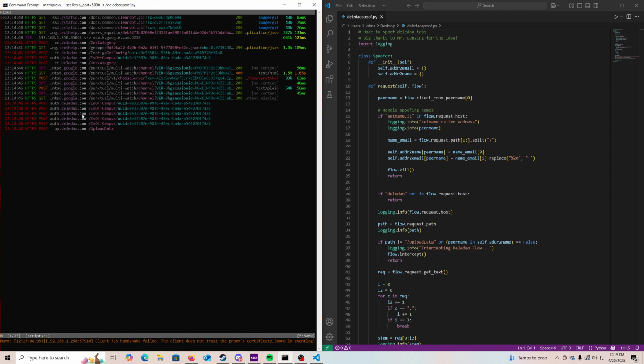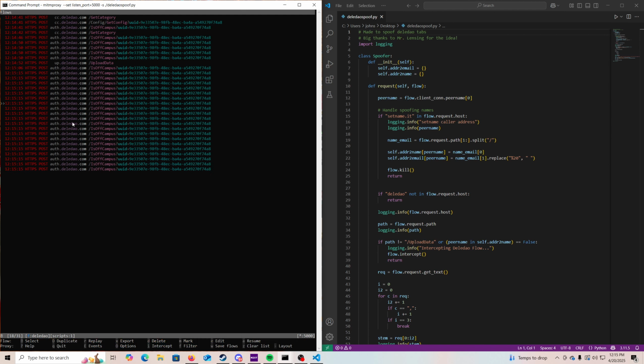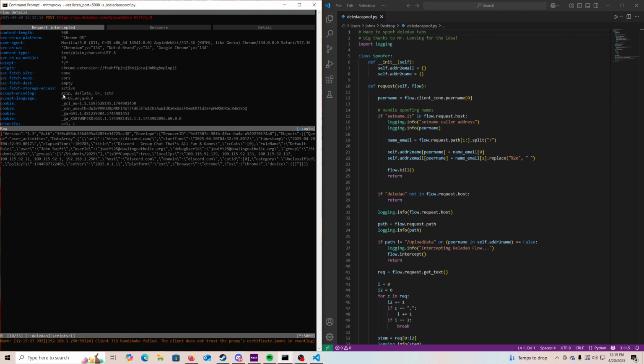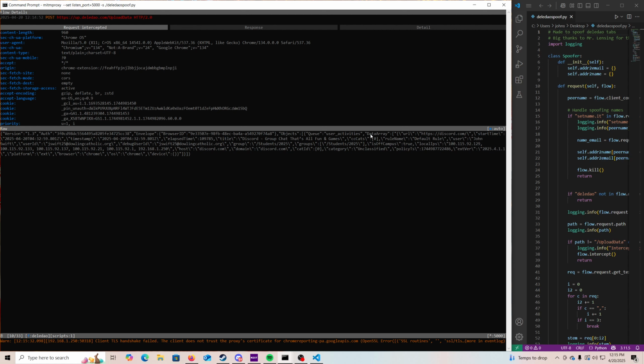So right now you can see what's happening is everything in red is deledao, and it's red because it's getting blocked. Let me quickly filter for deledao. Okay, there we go. So this is all deledao, it's all getting blocked. Now the interesting part about deledao that I've noticed is there is this upload data endpoint being hit. And this is where everything that you're doing goes to your teachers